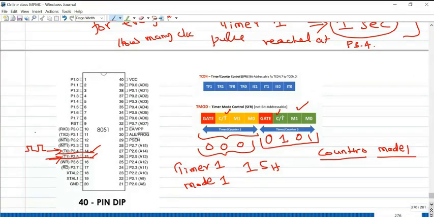These are external events. I give an example for this counting operation: the number of objects moving on a conveyor belt, or the number of people entering a particular hall. This is not a uniform clock pulse. Whenever that event occurs, a pulse will be generated.